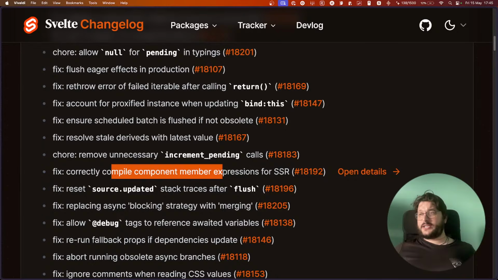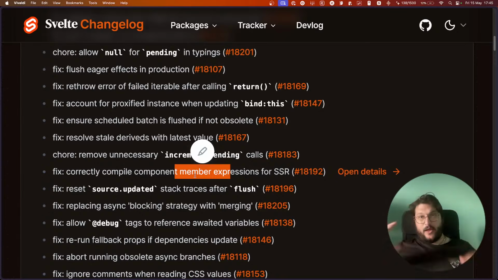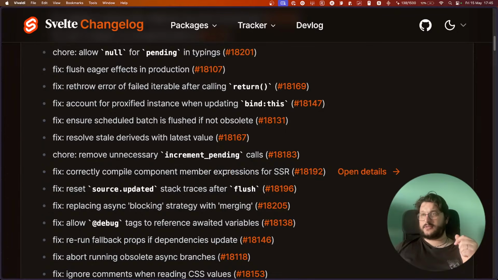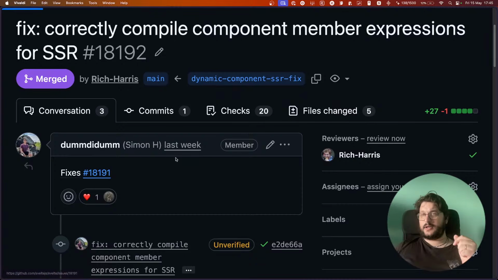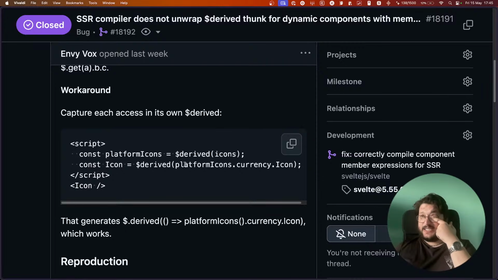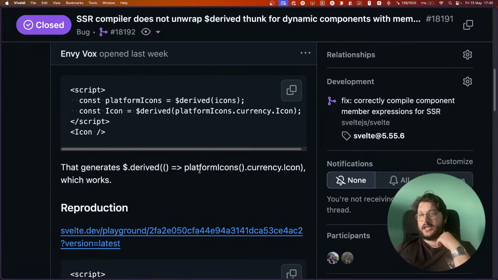Correctly compile component member expression for SSR. Component member expressions, I think those are when you have an object that has a component inside. It was not compiled correctly for SSR. Yeah, if you have something like this where you have icons, something like this, this was not compiling correctly during SSR.